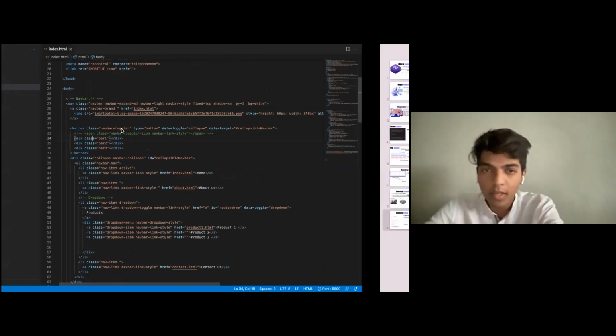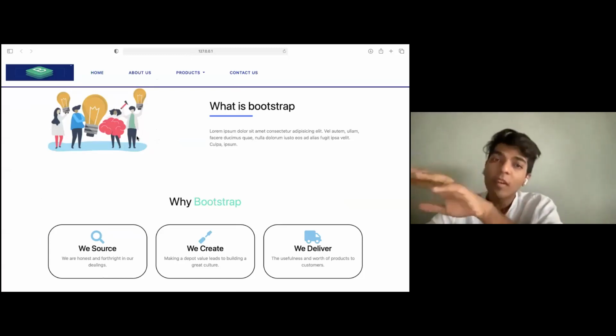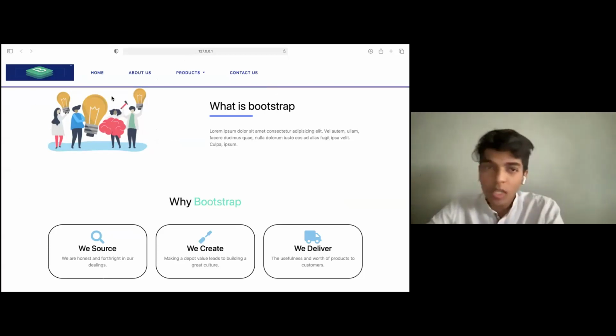Firstly, we'll go with the navbar. The navbar is something present on every website that we see. This is what the navbar is: the home, about us, product 1, 2, 3, 4, contact us, and everything is visible on the navbar. If you want to jump and run through different pages of the website, go back, go forth, the navbar helps us do that, and it is a very vital part of any website that we use. So first would be the navbar.